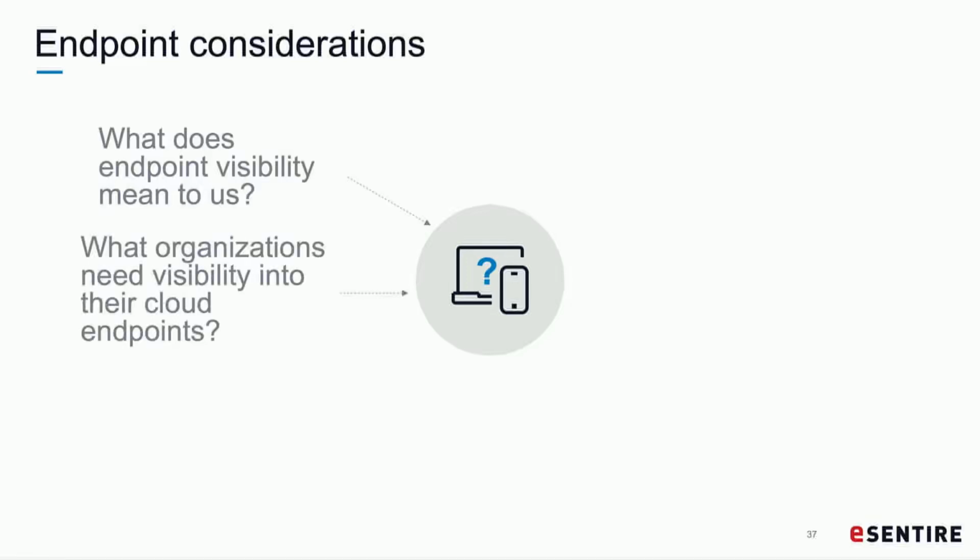And what organizations need is visibility into their cloud endpoints. So if you're running any business function out of the cloud that has proprietary information, something that a bad guy could get and utilize, you want to have visibility into your actual endpoints. As we'll go through, you only get a certain level of visibility from the cloud service provider itself, and you don't really get visibility into the actual endpoints that are running code.